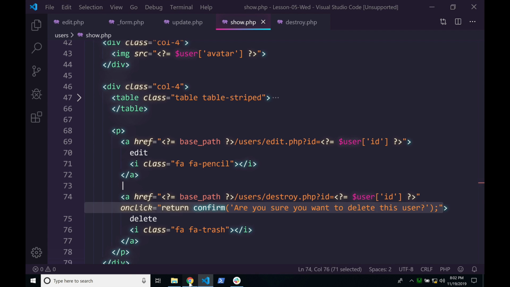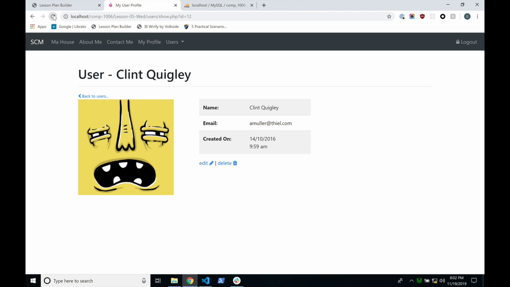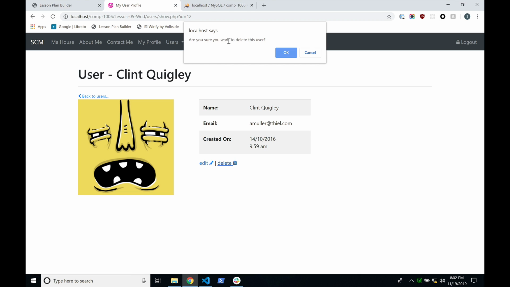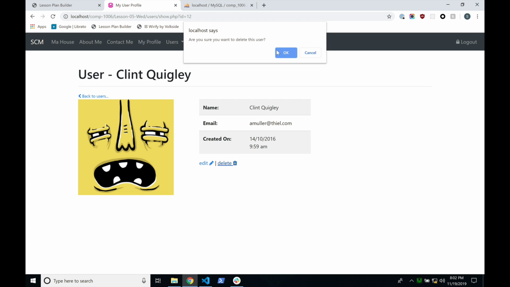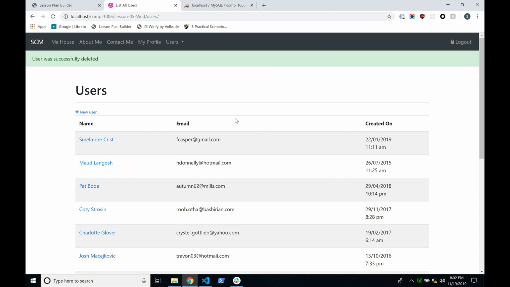All right, I'm going to jump over to the browser. You have to refresh in order for JavaScript to kick in. I'm going to click delete. "Are you sure you want to delete this user?" should pop up. If I hit cancel, nothing will happen. If I hit delete again, "Are you sure you want to delete this user?" and I hit OK, it'll delete the user. And the user is now gone. Yeah, you wrote JavaScript. Not very entertaining. I mean, it doesn't do anything all that fancy, but